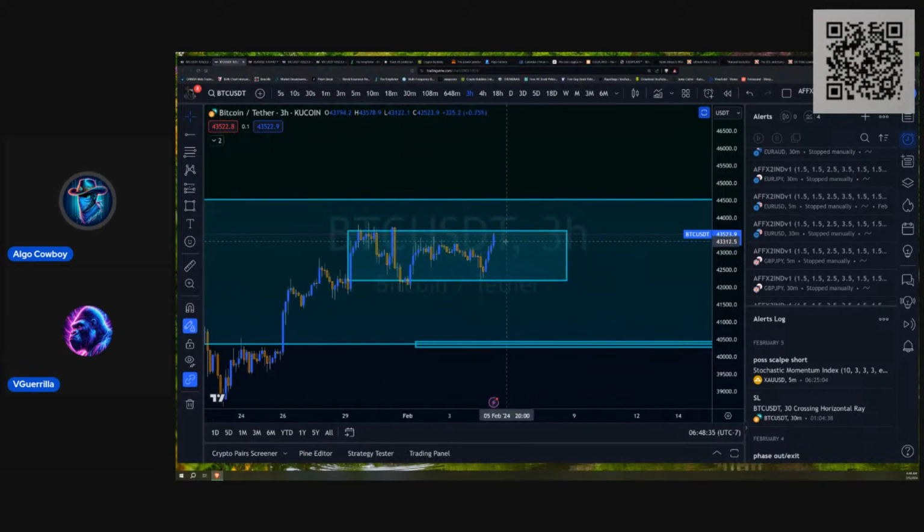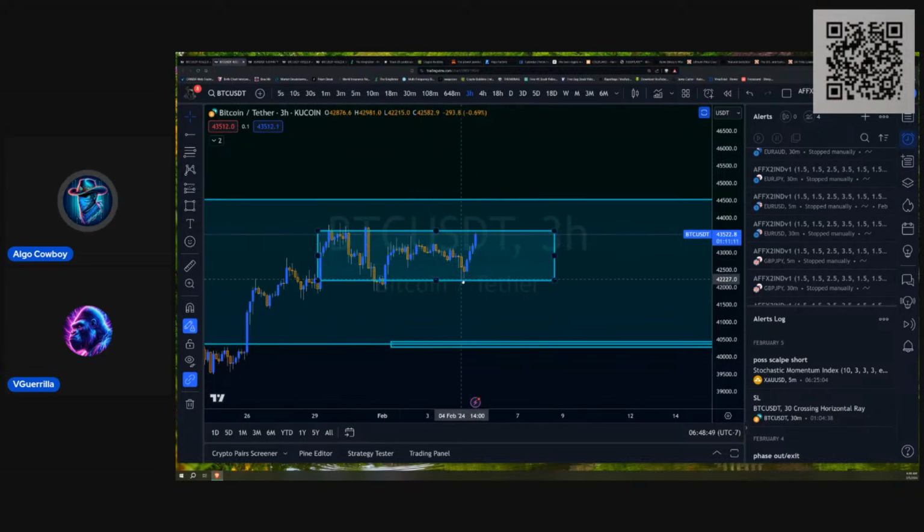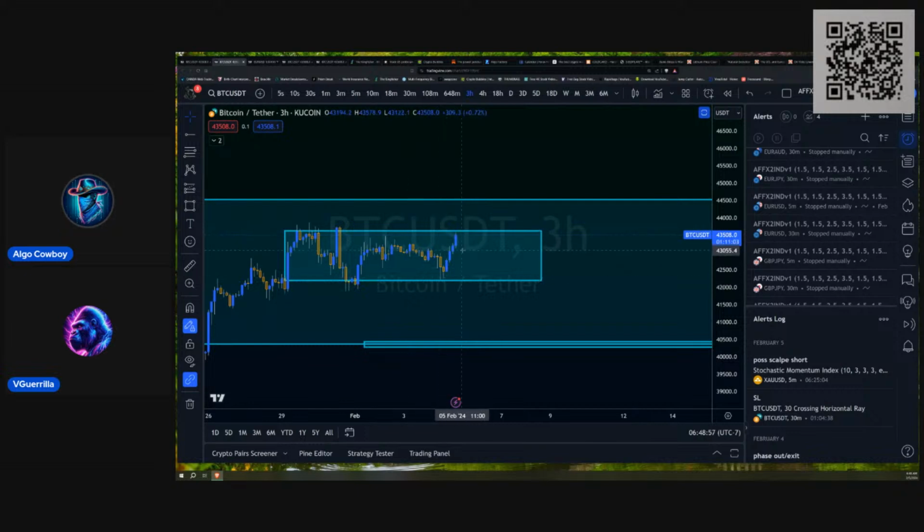For the moment, I would actually be looking for rejections to the downside, and if we get a good solid rejection, my target is going to be down again at 40,300, because it was a good trade, and like I said, I made money on it, and I overall profited. But of course, Bitcoin is notorious for punishing shorts and gathering liquidity to the top side.